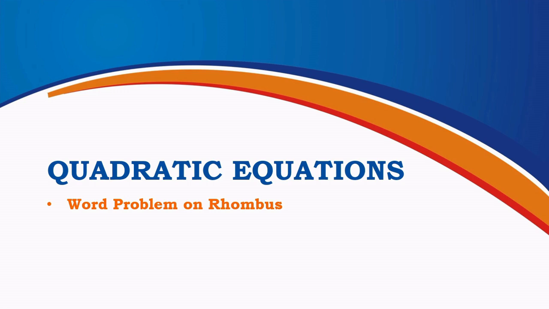In many examination problems, information about the sides, diagonals, perimeter, or area of a rhombus is given. By carefully using the properties of a rhombus and forming mathematical equations, we can obtain a quadratic equation and find the required measurements. In this lesson, we will learn how to understand the given information, choose suitable variables, form a quadratic equation, solve it step by step, and arrive at the correct answer. So, let us begin our word problem based on a rhombus.